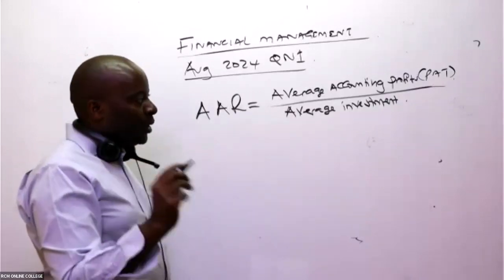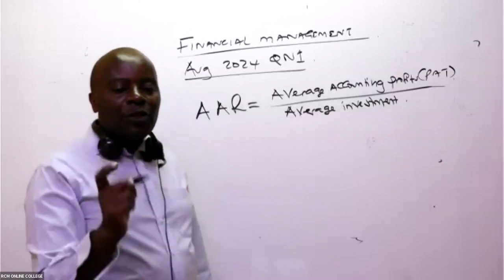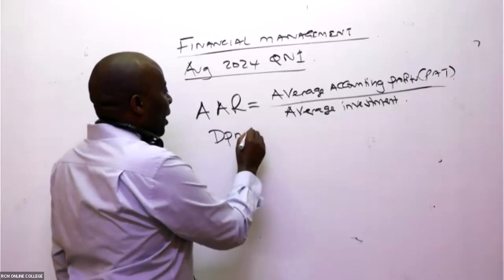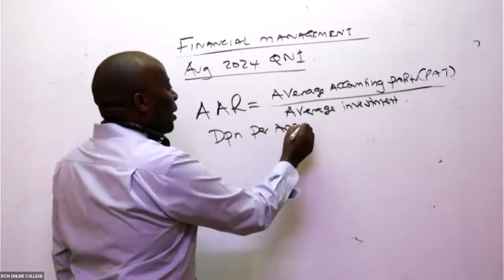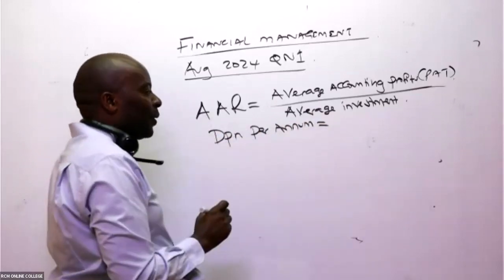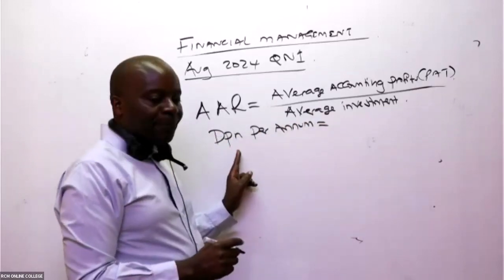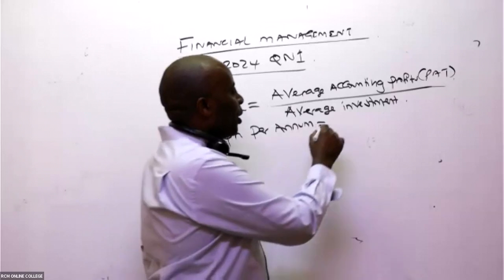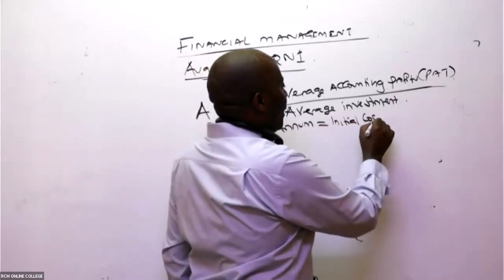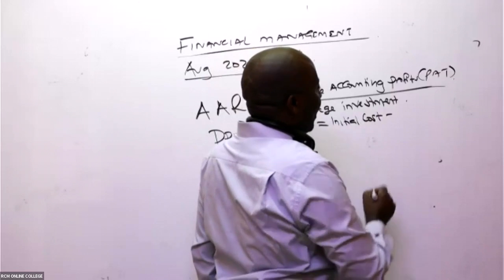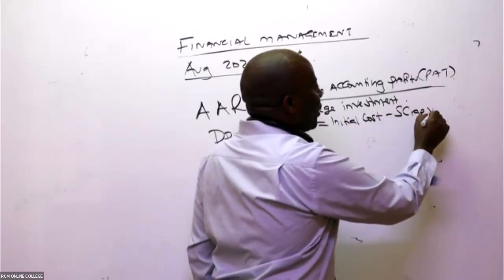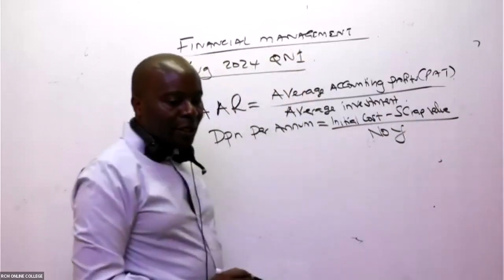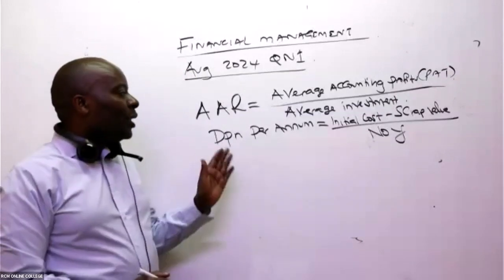So the very first thing that a good student did was to give us the depreciation per annum, for us to offset it out of the profits before depreciation provided. Depreciation per annum will be your straight line depreciation. How do we get this straight line depreciation? We normally take the initial cost minus any scrap value, and we divide this by the number of years. So to get the depreciation per annum,